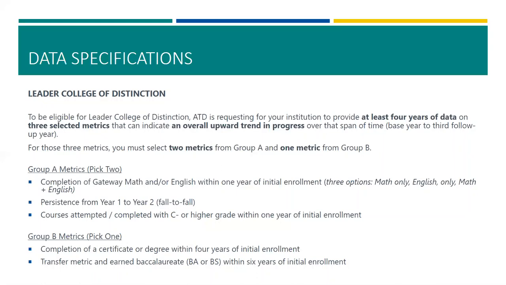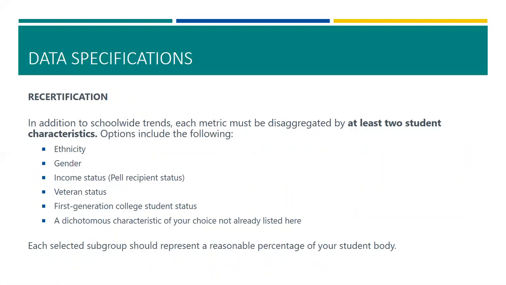So we've essentially completed from things that are happening while students are at your school and the groups that represents things that happen upon finishing. So it's either the time to completion overall or going on for an additional credential with an earned baccalaureate. This is very similar to going for regular recertification, except we're asking you to disaggregate by any of these groups for at least 2 student characteristics instead of 1 student characteristic. So same rules apply, but we're asking for 1 additional disaggregation.